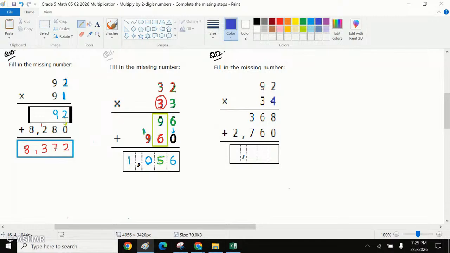All we need to do is add the numbers. 8 plus 0 would be 8. 6 plus 6 is 12. We take 1 to the next value. 1 plus 3 is 4. 4 plus 7 is 11. We write 1 and we carry a 1, that is 3. We already have the answer, right? 3128. But if you want to see how the multiplication was done,